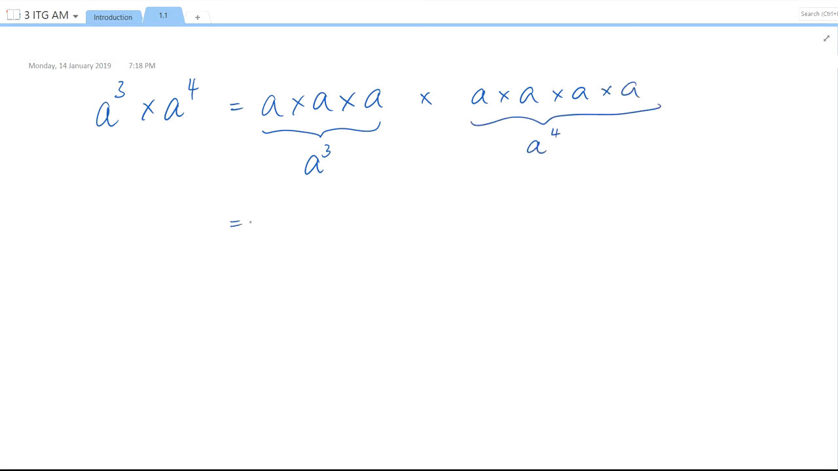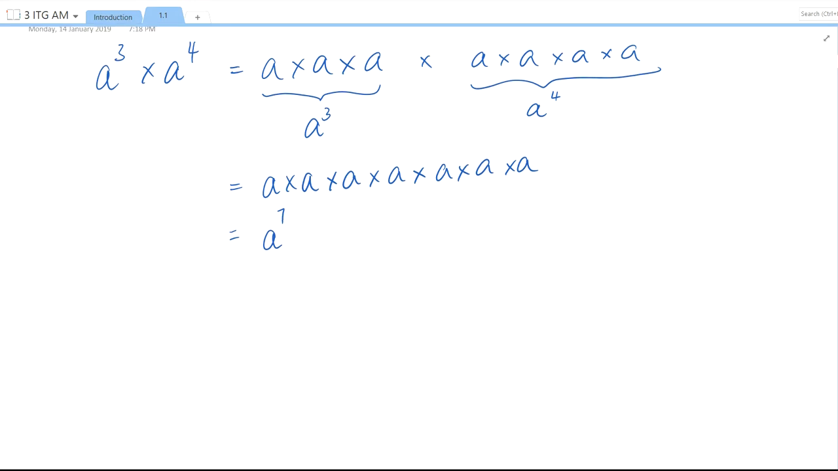If we were to evaluate this without the indices, we will have this, and we simply have to count the number of a's that appear: 1, 2, 3, 4, 5, 6, 7. This gives us a final value of a to the power 7. So if we can do a few more examples, but it should be quite clear that this 7 over here